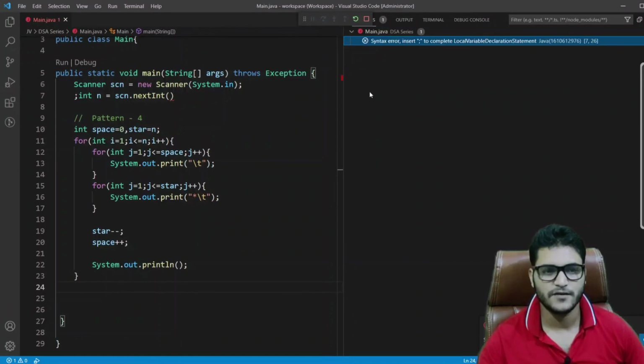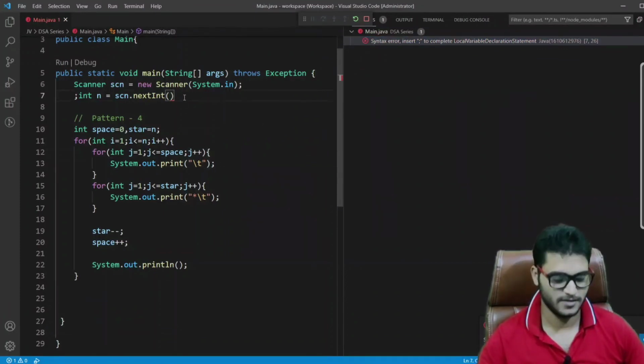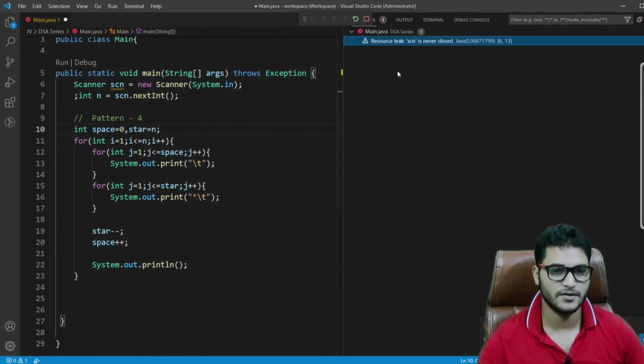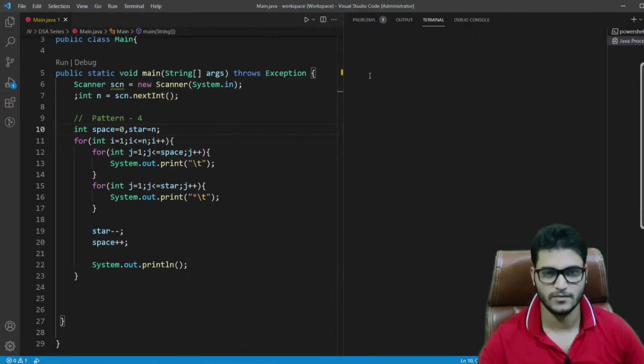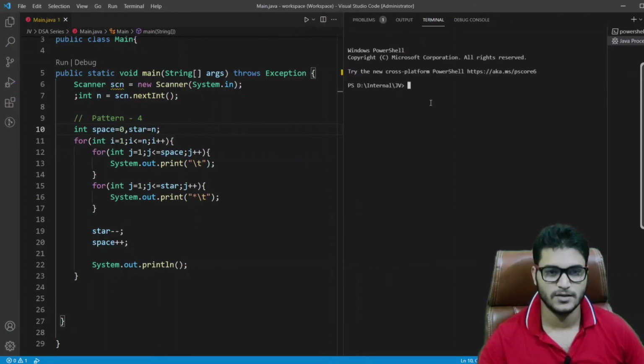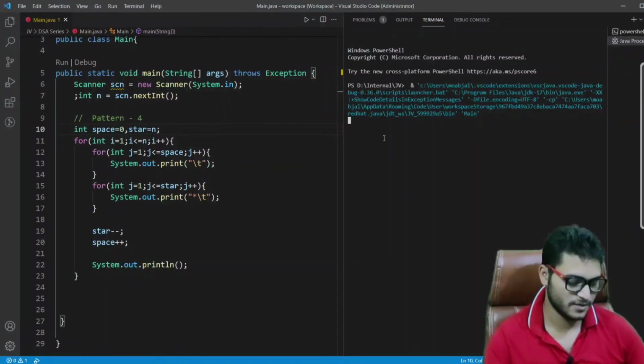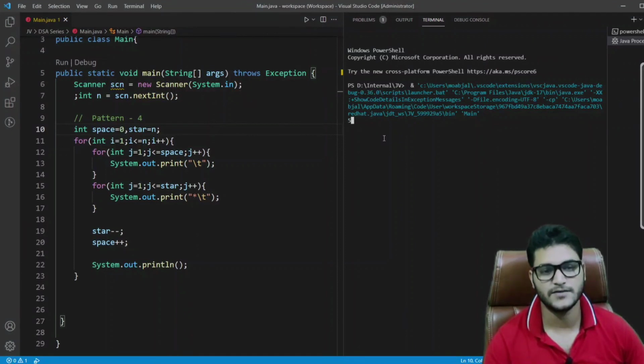It is saying we have an error. So what is that error? We have missed a semicolon here actually. So now we don't have any error. Let's try it again. It is running fine. So let me give an input of 5.